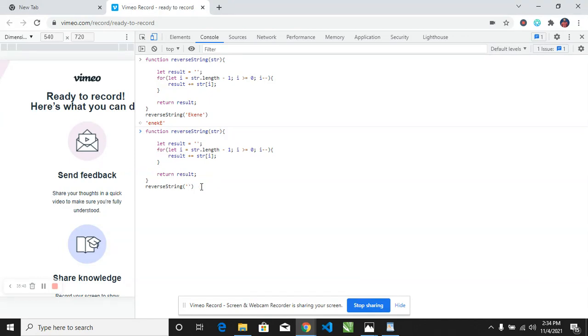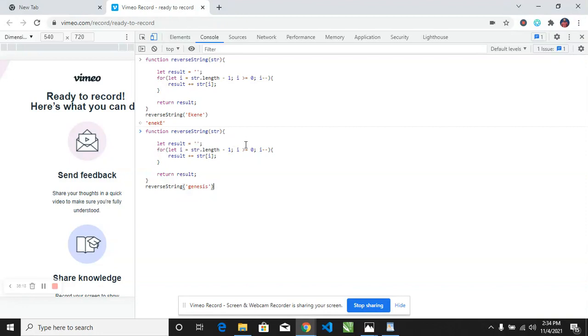Let's run Genesis. So what I'm basically doing is passing in string Genesis into this argument of the function, and then it will first of all create a result, a variable with an empty string. After creating it, it will then